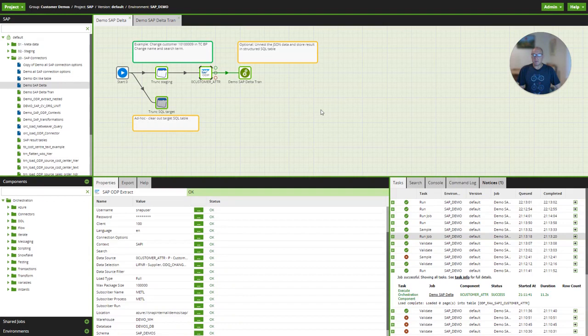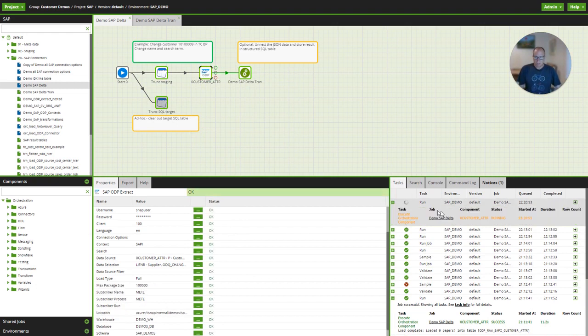I'm using Matillion. If you're not familiar with the SAP components in Matillion, then do look at the previous episode of the SAP Data Dude, where all the SAP connections are explained. Today we're looking at the SAP ODP component, and I've already configured this one. As an example, we're using the customer data extraction. By default, this comes in as a full data load, and that really is quite straightforward. When you run that job,